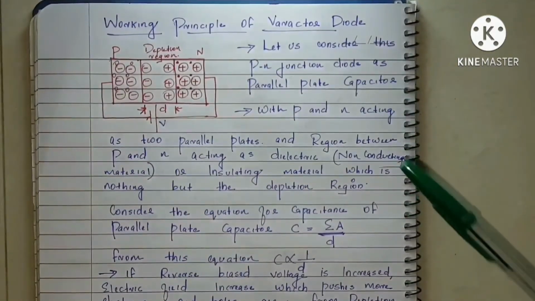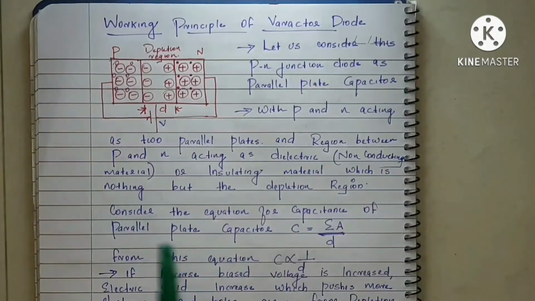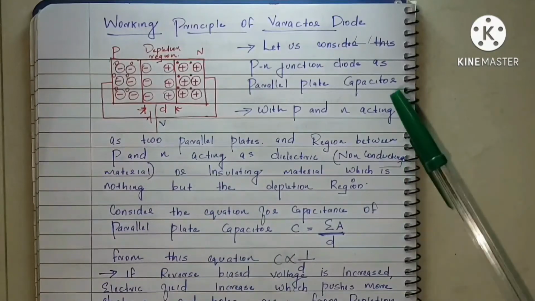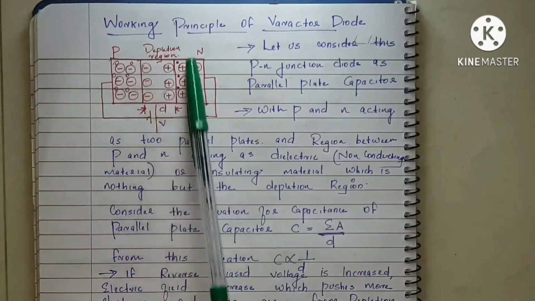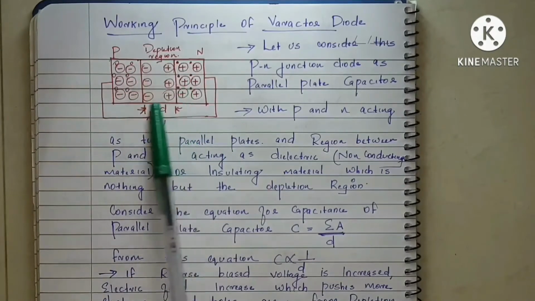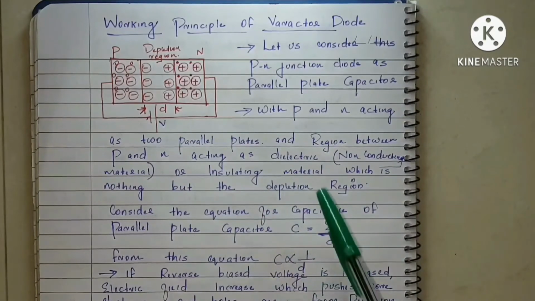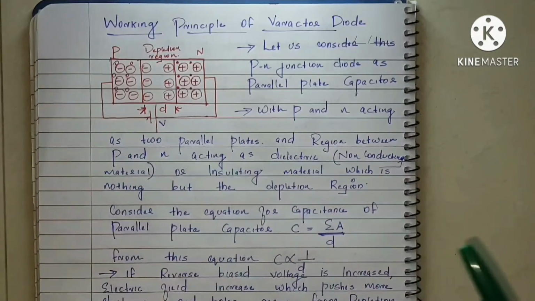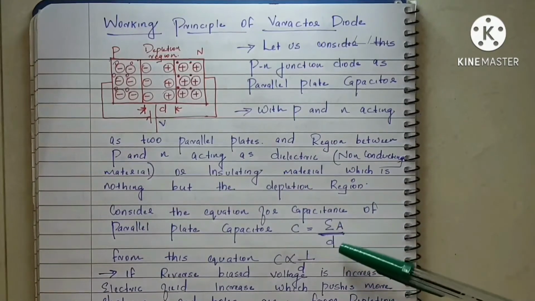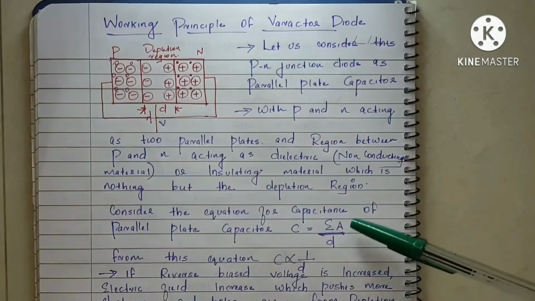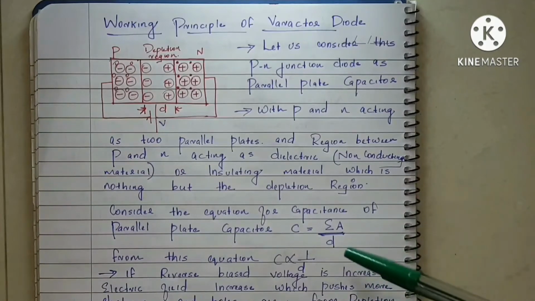Next, we'll discuss about the working principle of varactor diode. Let us consider this PN junction diode as a parallel plate capacitor with P as well as N region acting as two parallel plates, and region between this P and N acting as a dielectric, which is nothing but an insulating material, that is non-conducting material. We already discussed about the equation for capacitance of a parallel plate capacitor under the topic capacitor, which is nothing but capacitance of parallel plate capacitor C equal to epsilon A by D. Epsilon is the permittivity of the medium, A is the area of the parallel plate, and D is the distance